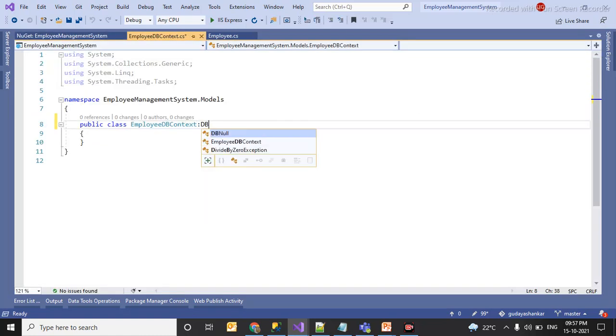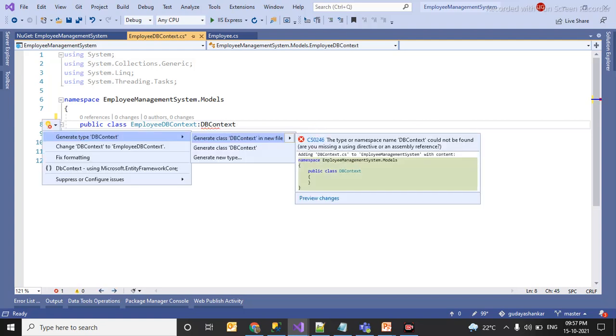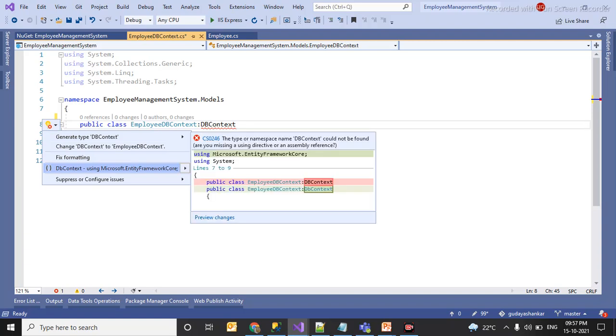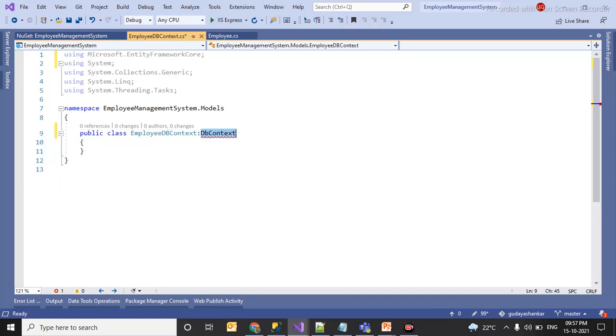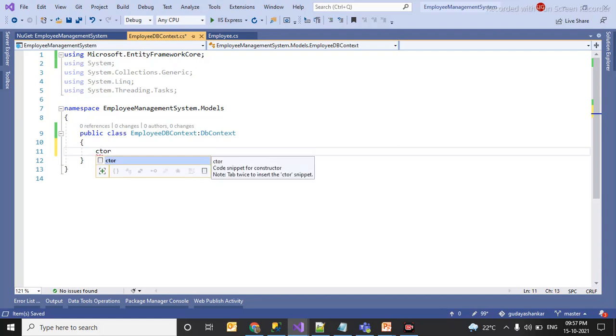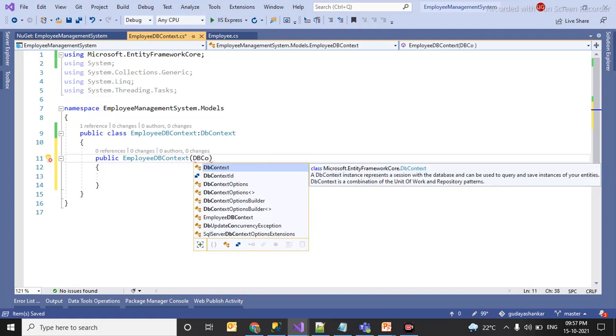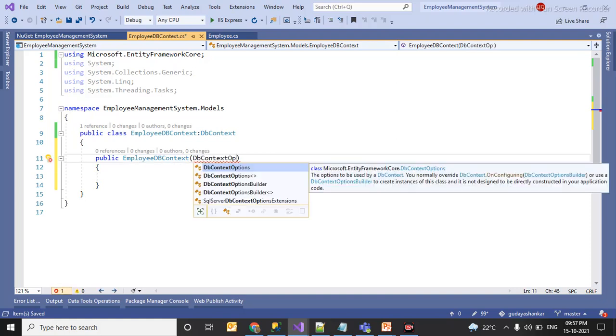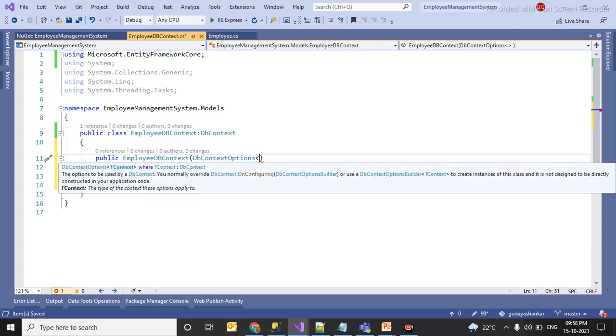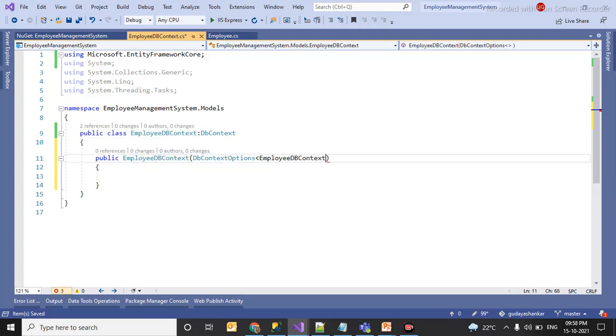Let me inherit the DbContext class using Microsoft.EntityFrameworkCore. Since this ASP.NET Core project comes with dependency injection, I will be using constructor dependency injection here. So employee DB context, DbContextOptions, here I will be passing my employee DB context.